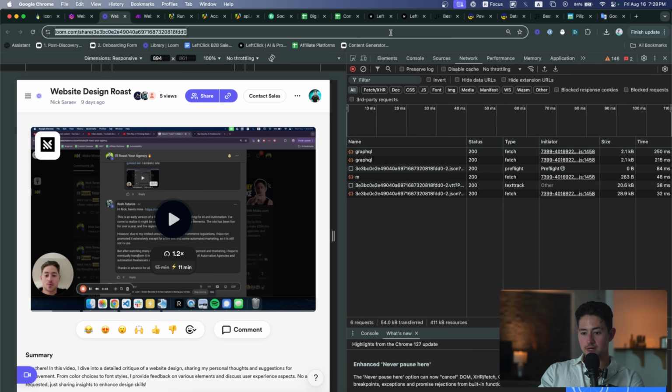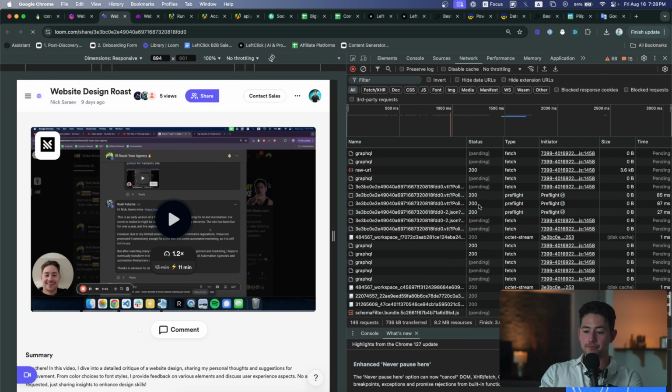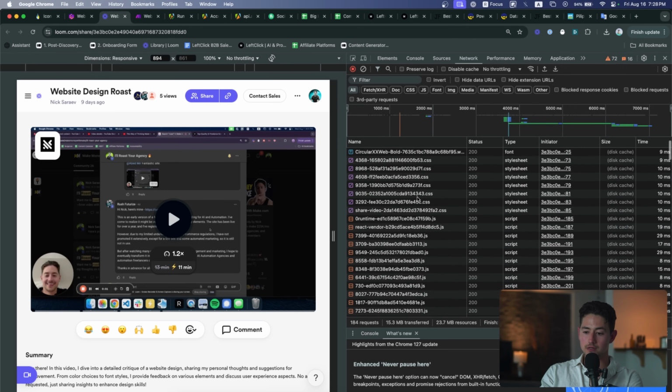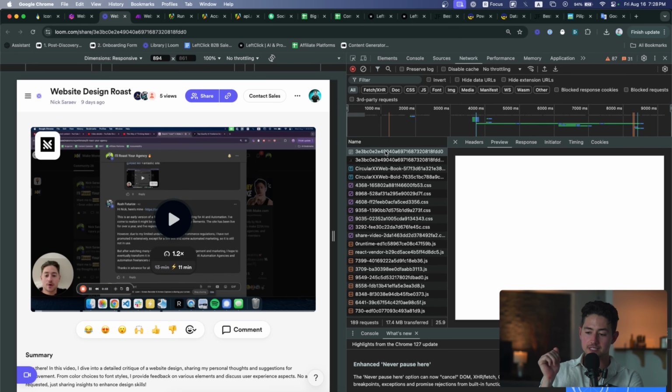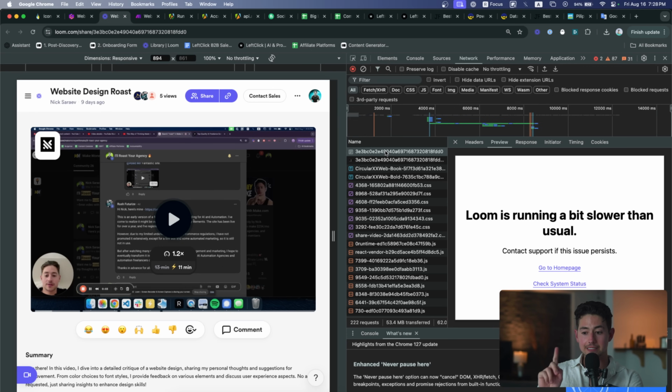Then what I want to do is basically just refresh this page. I want to see what loads. What you'll notice loads is a ton of these GraphQL calls. So basically every line here is a resource that is being grabbed using a network request. Just like our own HTTP request module earlier, our browser is making a ton of these little HTTP requests to